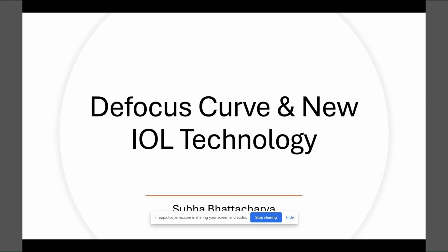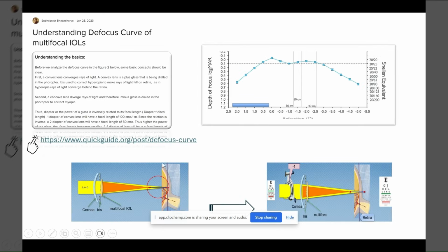And some of the new IOL technologies that are actually coming for cataract surgery. So let us start. Let us first focus on what we understand by defocus curve and how it is generated. Now, most of this is already explained in my blog quickguide.org, and there in an article, Understanding Defocus Curve